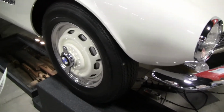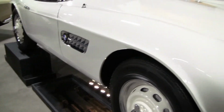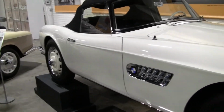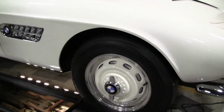A legendary 1958 507 Roadster. Not many around. Very rare. $1 million car. Easy. Perfect condition. I saw her this day. This is the